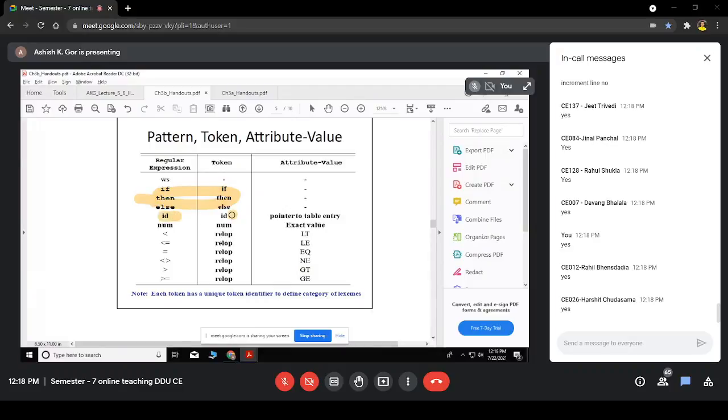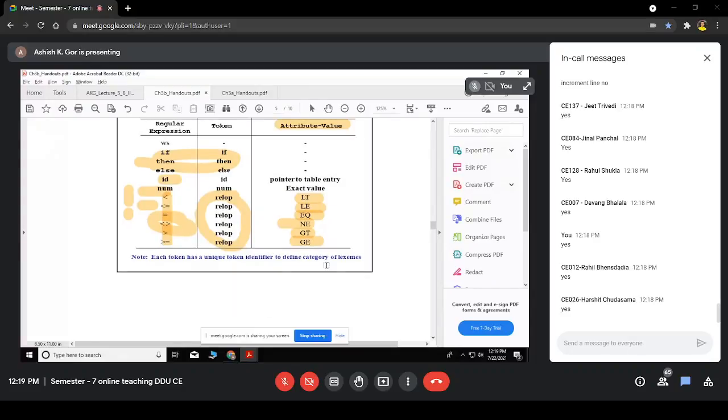Identifier, the regular expression is, number. These are the operators called relational operators, okay? And the attribute values are less than to LT, less than or equal to LE. Not equals to, like this, the not equals to symbol. Earlier they used to have this symbol. So not equals to, greater than or equal to. This is language independent, okay? Right now, according to the book, it may be some Pascal language, but according to your language, different symbols can be there.